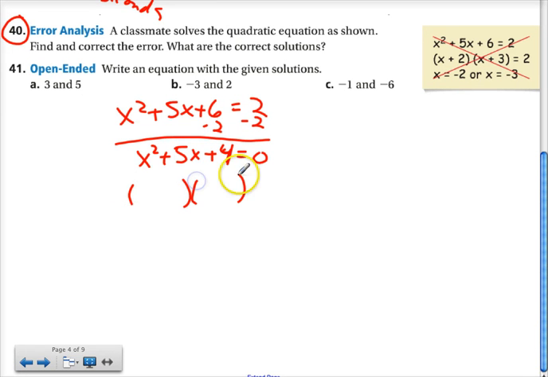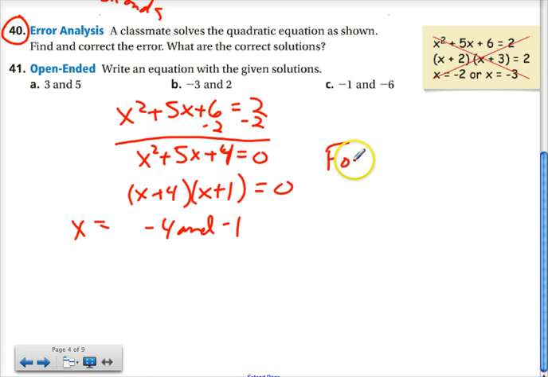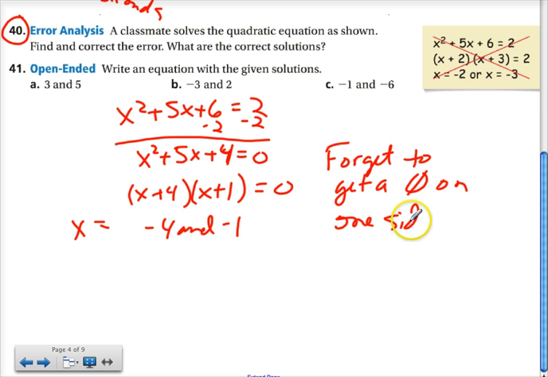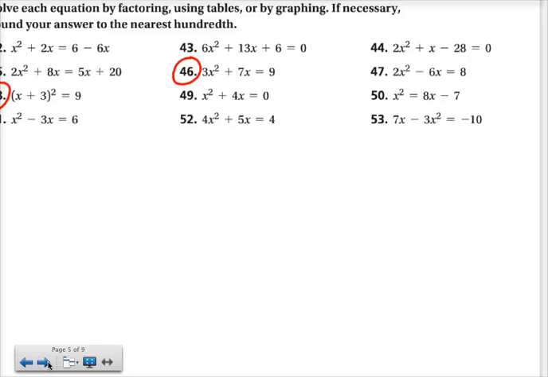And once you get it into the correct form, this is really easy to factor. So we get a -4 and a -1 for x. So their mistake was they forgot to get a 0 on one side. Have to. If we're solving, we're finding the zeros. That means we have to get a 0 on one side. All right, then number